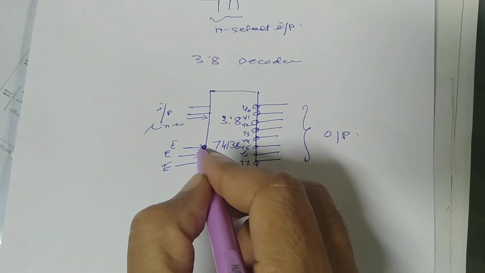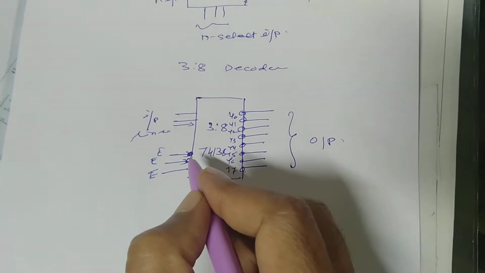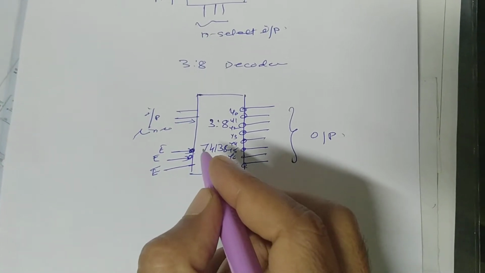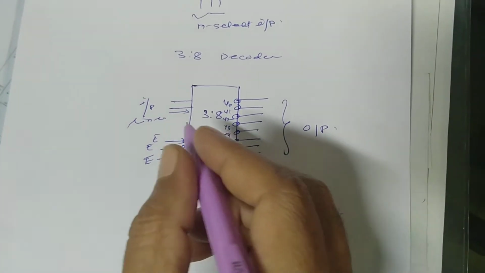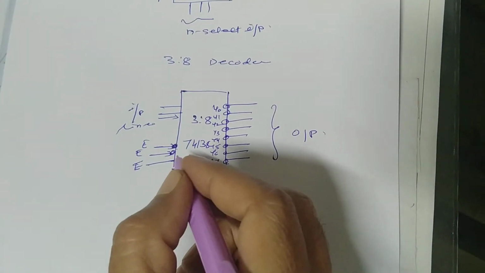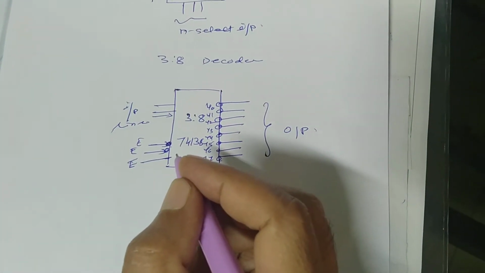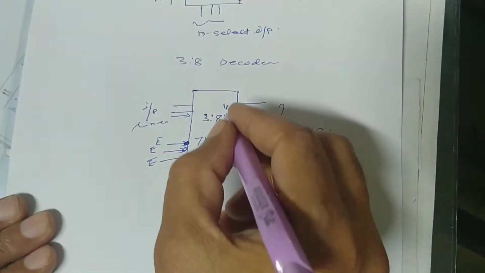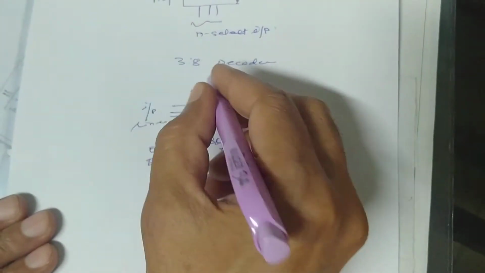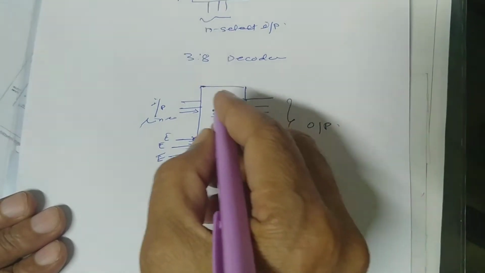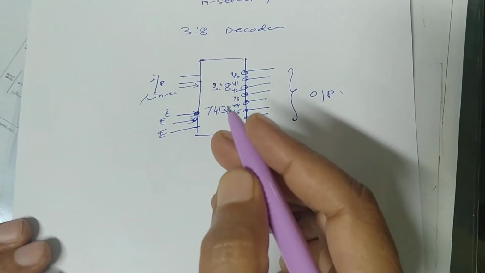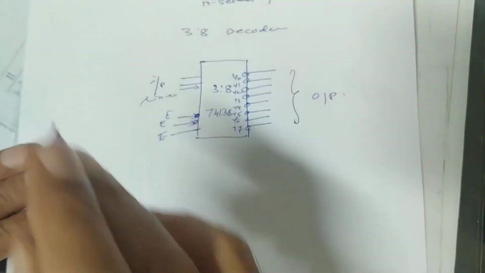Active low means that when it is connected to logic 0, then it will perform its intended function. Active high means when it is connected to logic 1, then it will perform its intended function. This is the structure of this 3:8 decoder IC, and with the help of this we have to perform the